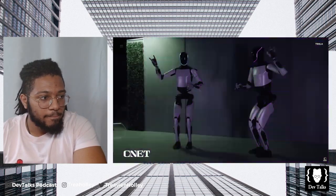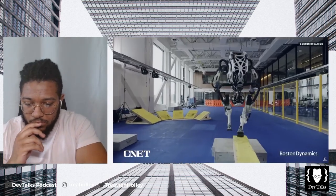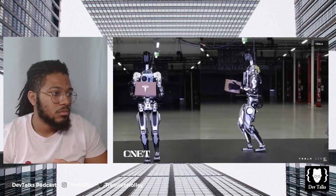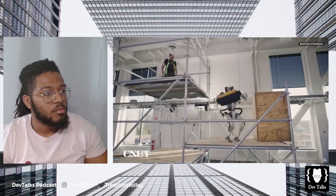Not to be outdone, Elon also chose dancing as a method for introducing Tesla's humanoid robot. Unlike the Tesla bot, which has had commercialization as its end goal from the start, HD Atlas was more of a research platform for exploring movement, testing robustness, and possible use cases. Much of the testing footage we've seen from these companies reflects that. For example, TeslaBot is often shown performing various types of labor, with the occasional yoga pose thrown in, whereas Boston Dynamics promotional videos for HD Atlas tended to focus on the robot's capabilities, with the occasional work task thrown in. That being said, Boston Dynamics is certainly...